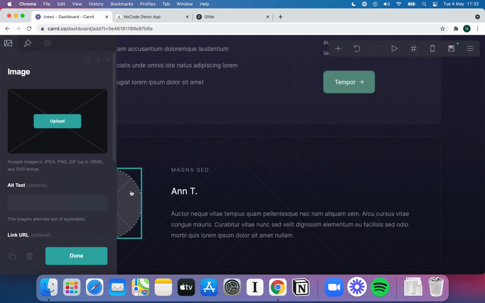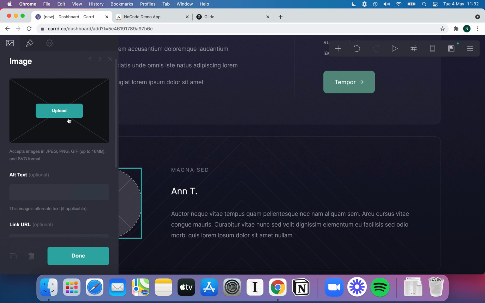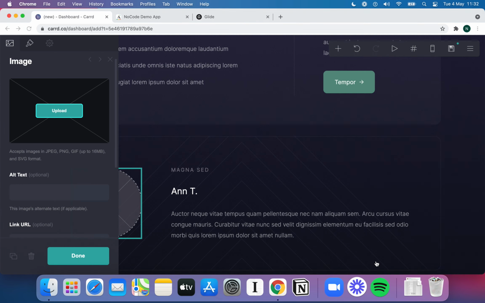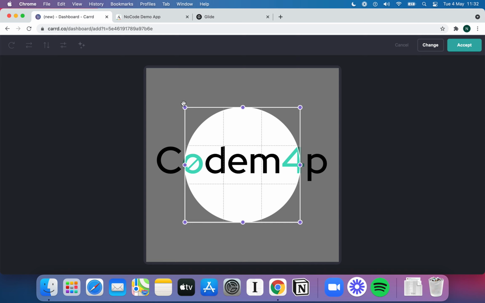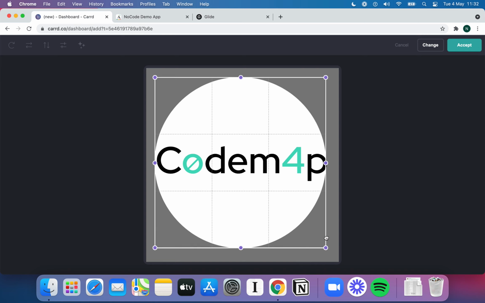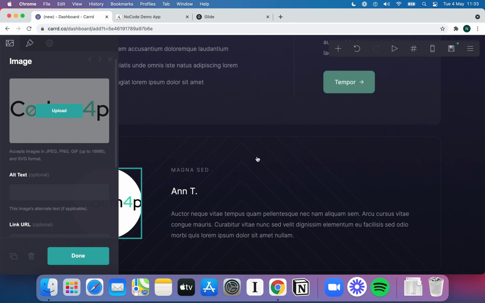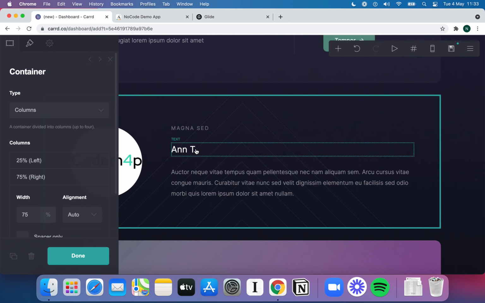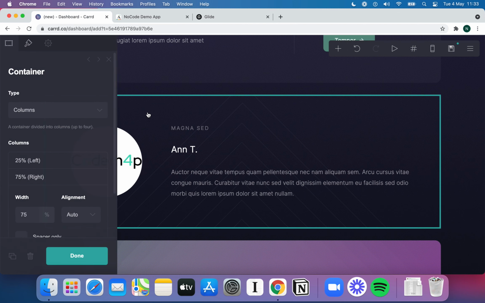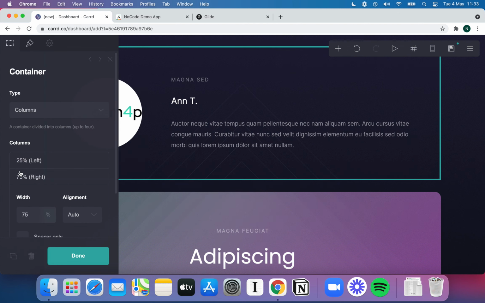Here we've got a box that's intended for an image. At any point I can pop up here, hit upload, and grab a random image. There you go, I've got a logo for a company called CodeMap, and I can say, okay, I want to include this much of the logo, accept, and that will show up there. But in terms of how the template has styled it for me, again, I've got a box. Within that box, I've got 2 columns because I've got something on the left and something on the right. And again, if I look at that, you can see I've got 25% on the left, 75%